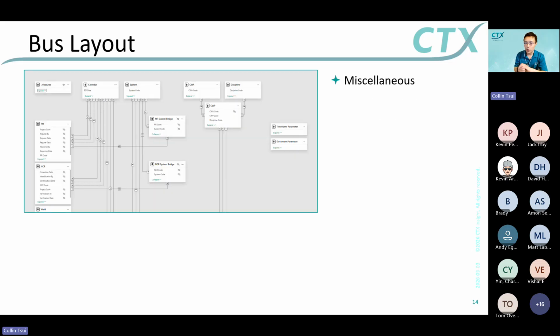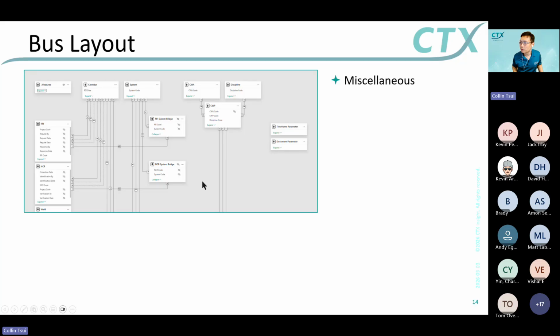Miscellaneous. Okay, so far we've seen a really clean layout with perfect star schemas. But when you inherit a model, that's not always going to be the case. You may have users that were either doing something a little more advanced or something a little more beginnerish, and they didn't quite understand what they were doing, so they threw some tables together, related them, and made it work. Some common patterns you're going to see